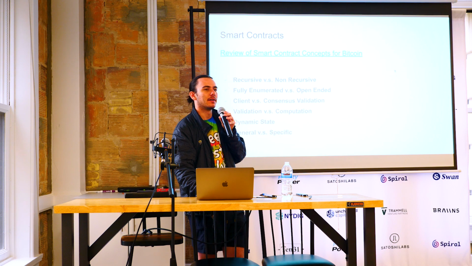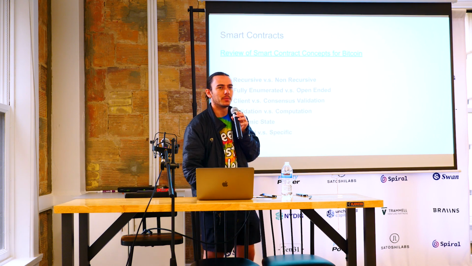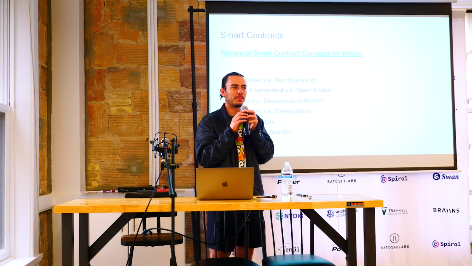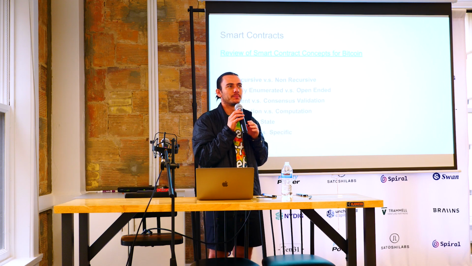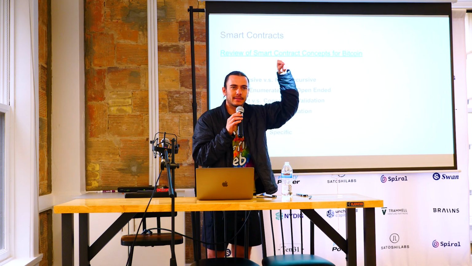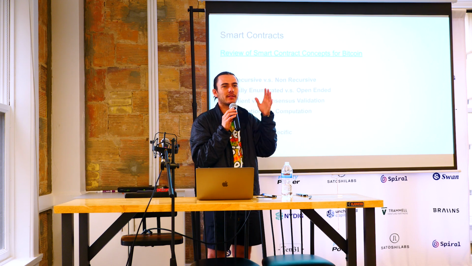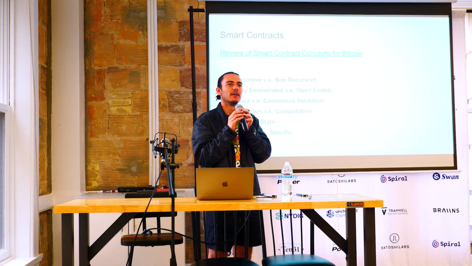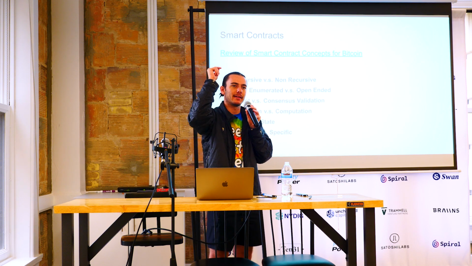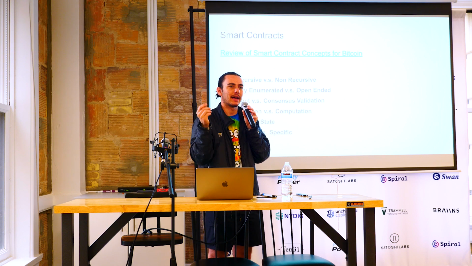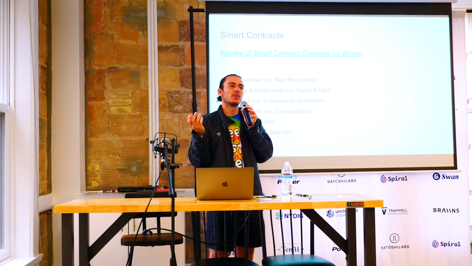So an example of a fully enumerated covenant in this housing context would be: for all time, only this buck may live at this address. And that would be, okay, it's fully enumerated. We know this person. Or it would be, for all time, only the set of people currently in this room may live at this address. Something like that. Versus an open-ended one would be,